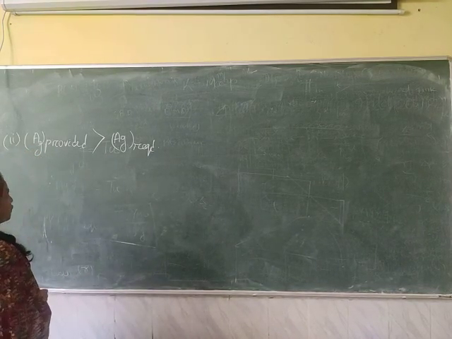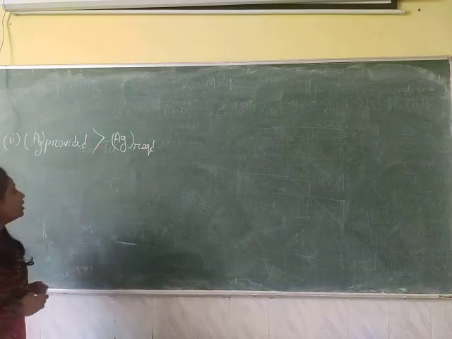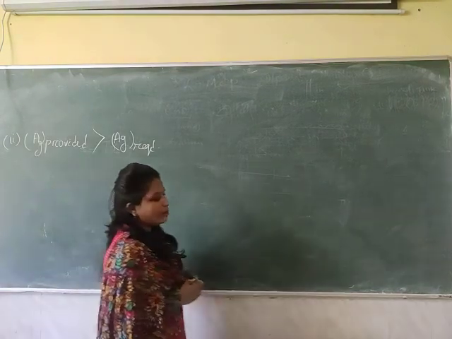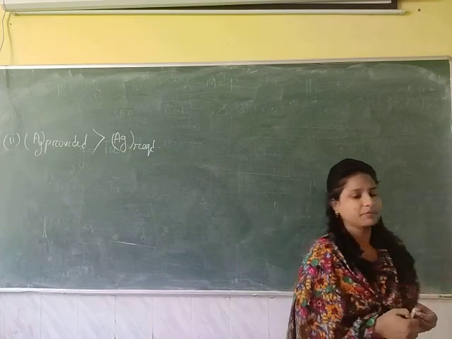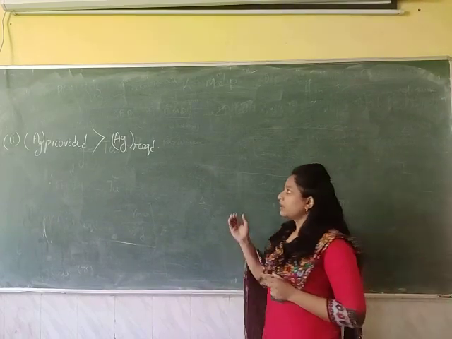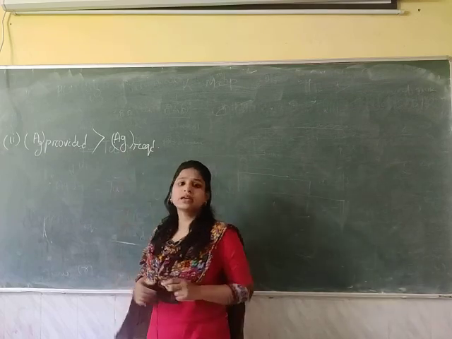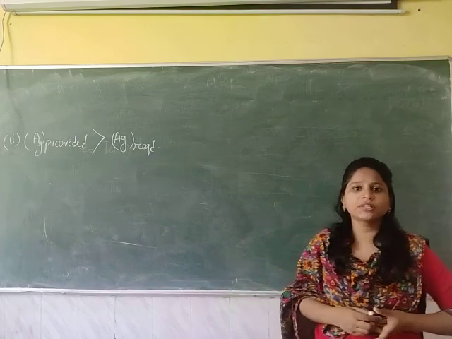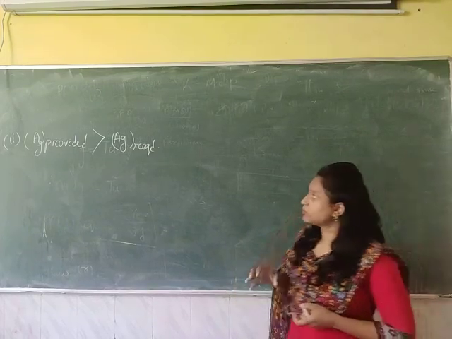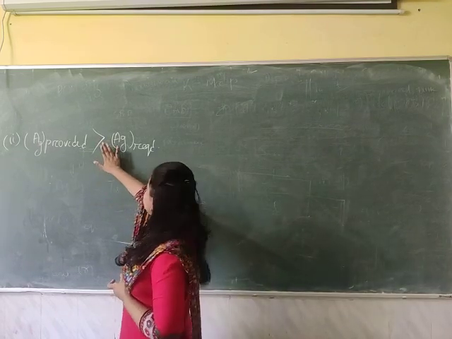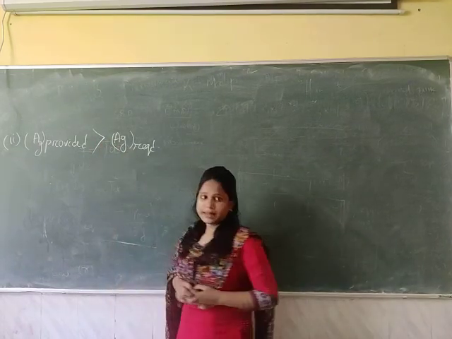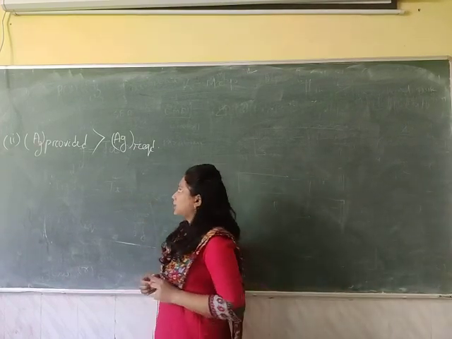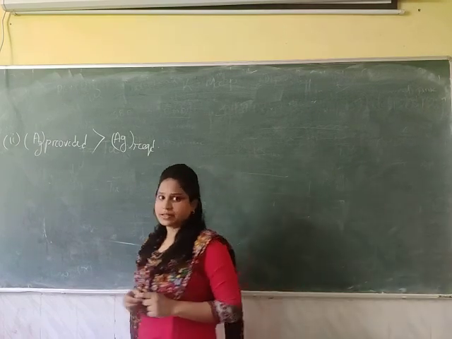To provide a gross area greater than this required area, we have to choose a section from the steel table which has a gross area greater than the required gross area. We can choose any angle section, channel section or I section from the steel table, but it must have a gross area greater than the required area. We always provide a greater area than the required area for the safer side.